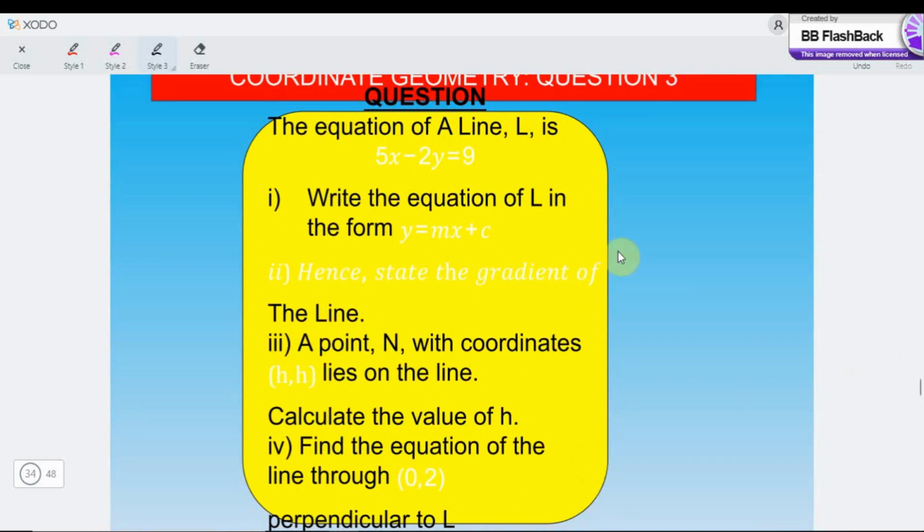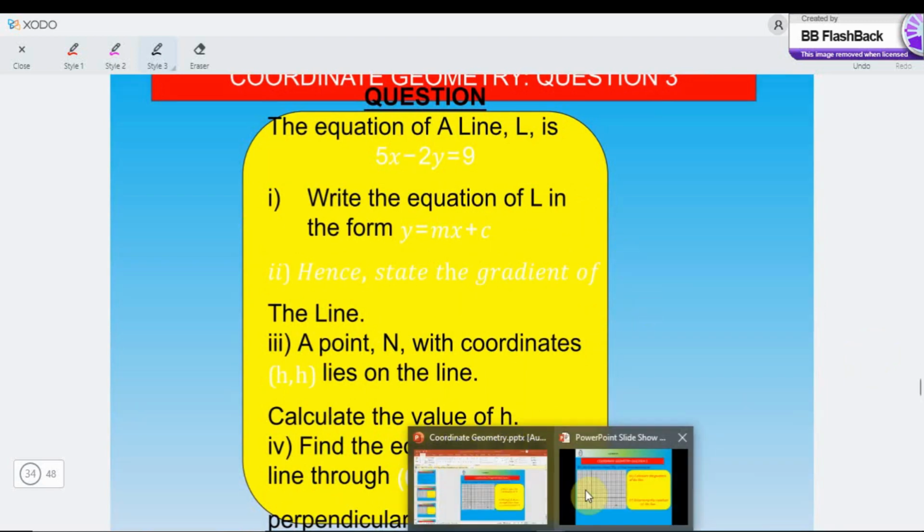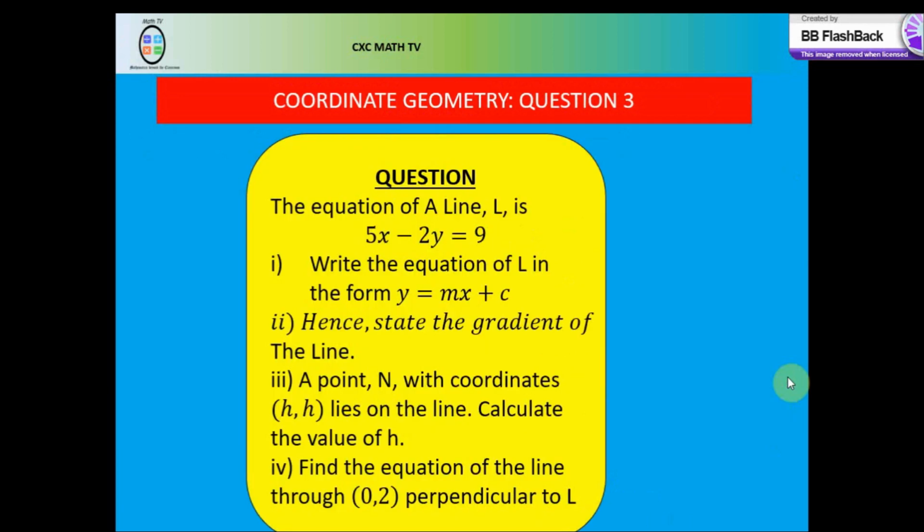Okay, another question. It doesn't look too good in the PDF, so we're going to go back to the PowerPoint to do that one. It says the equation of a line is 5x minus 2y equal 9. Write the equation of the line in the form y equal mx plus c. Hence state the gradient of the line. Then it says a point N which has coordinate h lies on the line. Find the value of h. Then find the equation of the line through 0, 2 perpendicular to L. Go ahead, pause the video, answer this question for me. Do part 1, part 2, part 3, and part 4. Pause the